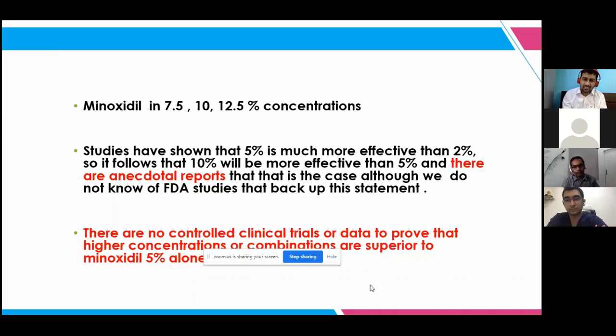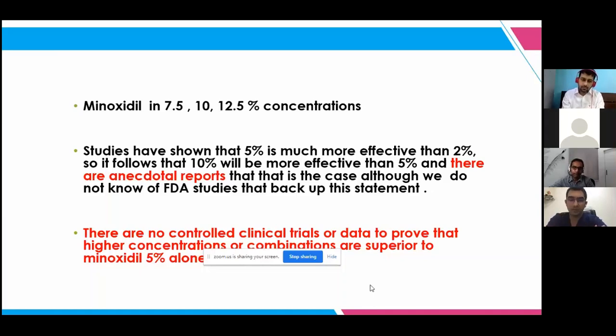But I also noticed in my practice, maybe 1 or 2 patients came like that, probably because they might have read the literature, so they get worried and tell us, my mustache is growing, my hair on the chin is growing, something like that. Studies show more or less 5% is much more effective. 5% also has higher satisfaction amongst women as compared to 2%, because with 2% the onset of action is very slow, and a lot of them would discontinue treatment after 2-3 months, thinking that there was no good result.